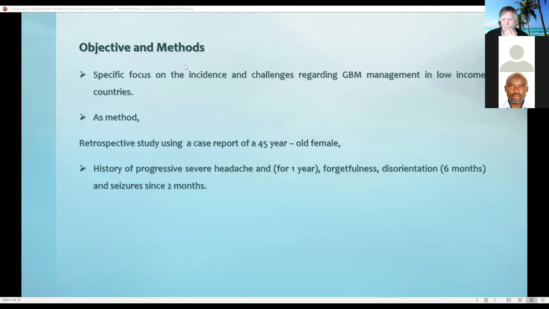45-year-old female who came to our consultation with history of progressive severe headache for 1 year and was treated like suffering from malaria. You know, in Africa, some regions are endemic for malaria. So she was treated like that. And she had also forgetfulness, disorientation for 6 months, and seizure since 2 months. Then she came to our consultation upon these